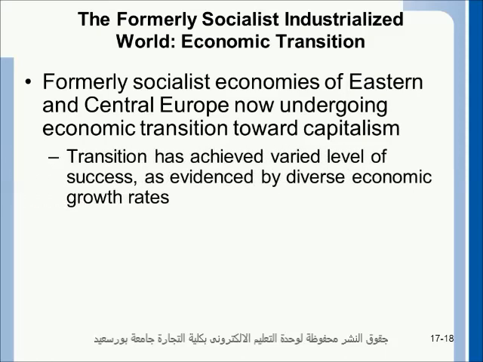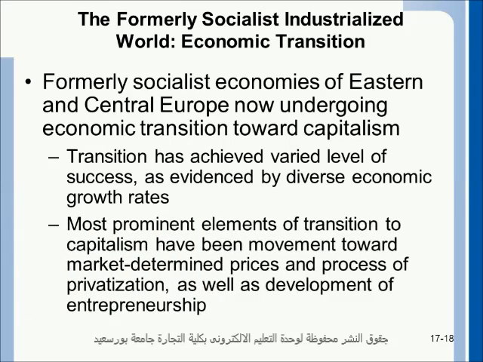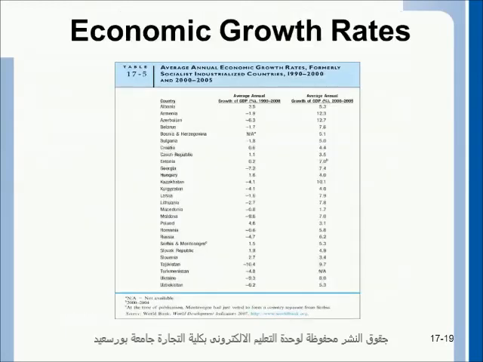The transition has achieved a varied level of success, as evidenced by diverse economic growth rates. The most prominent elements of transition to capitalism have been movement toward market-determined prices and the process of privatization. The opposite of privatization is nationalization, as well as development of entrepreneurship. And the economic growth rate in different countries